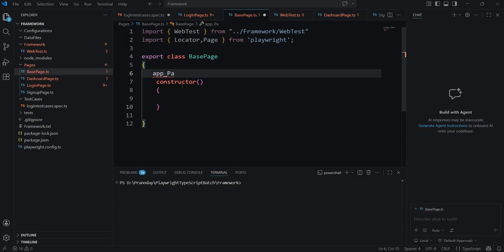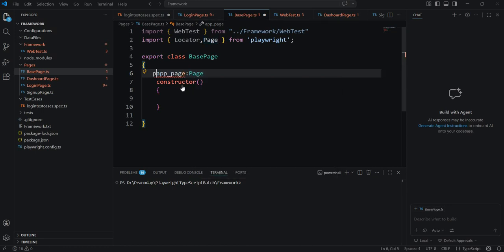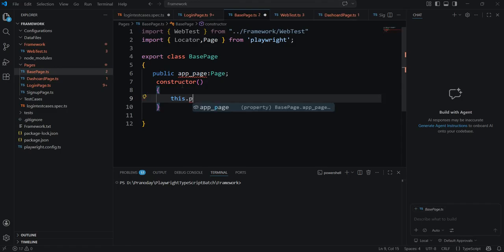So app page, this I will define as public. And then I would say this dot app page equal to